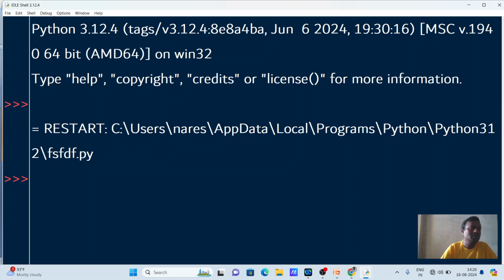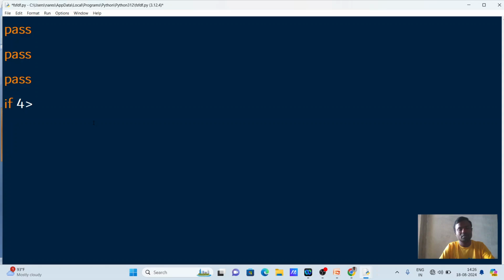Whenever you don't want to do anything, there you can keep the pass. For example, if 4 greater than 3, I am just writing pass. Else also I am keeping the pass. See, pass means no operation,